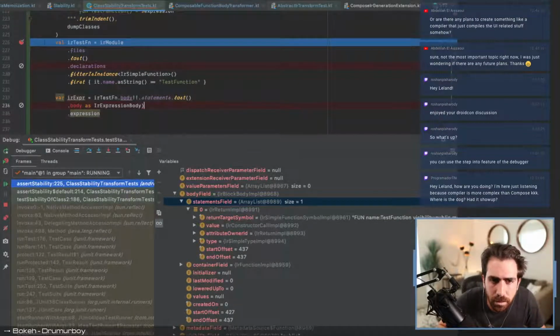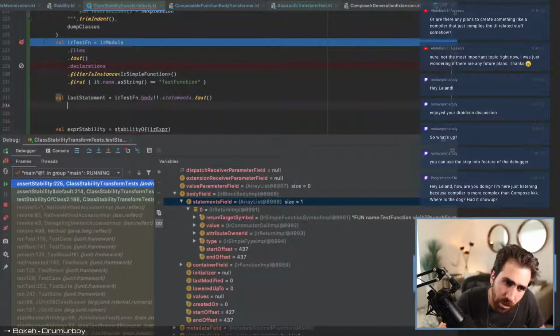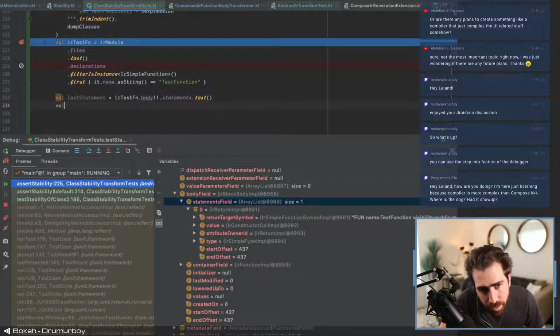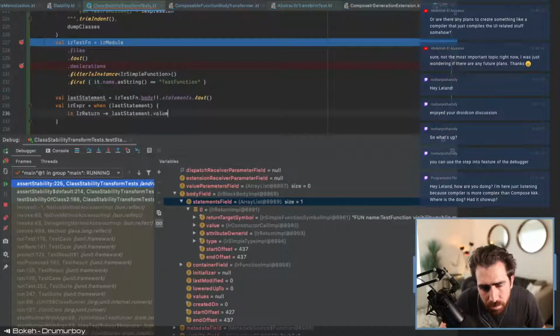Let's just say statements last, so that's a statement. Let's say val last statement equals when last statement is IR return, last statement dot value, else